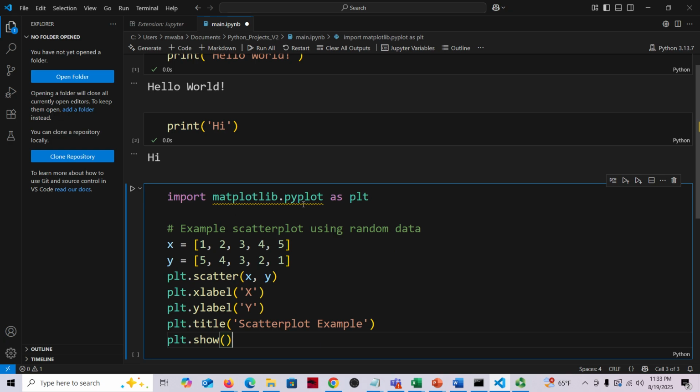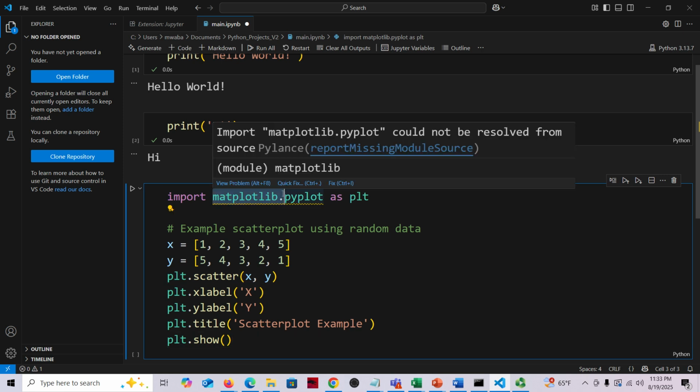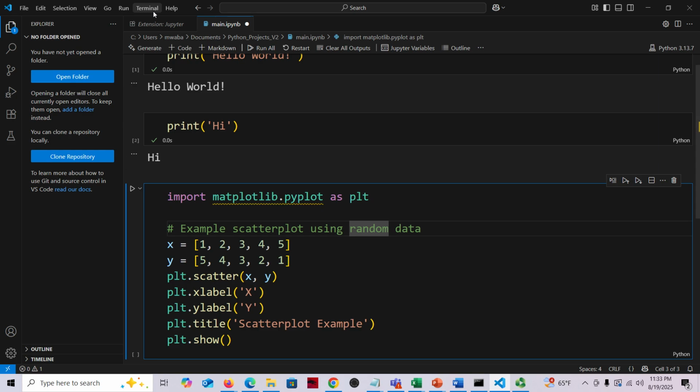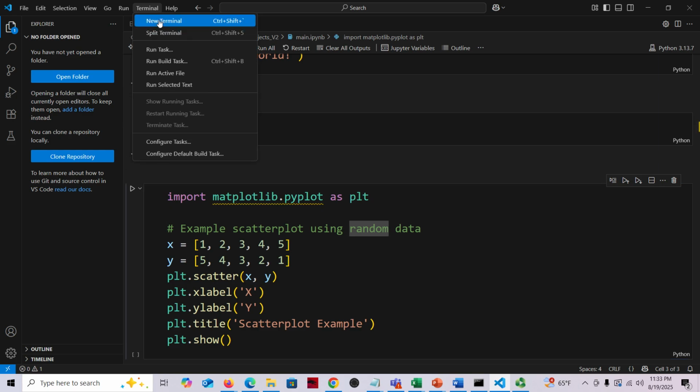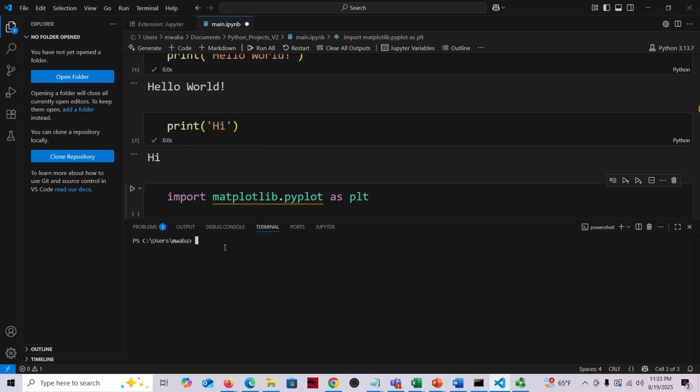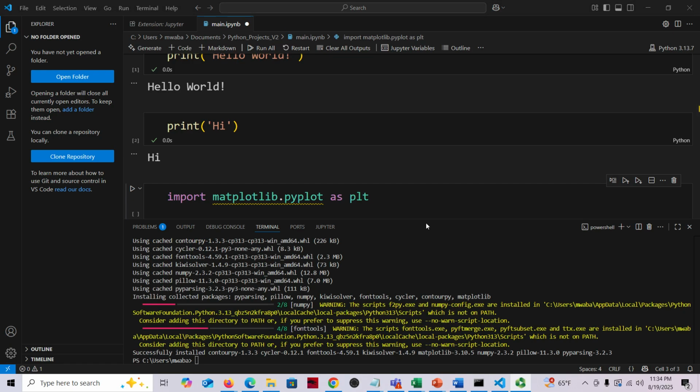And then as long as you have this library installed when you run this program, you should see some results. So I'll go ahead and install this package and then I'll have that running. So let's go here to new terminal and then I'll install the matplotlib package. So just type pip and then install and then matplotlib and hit enter. So now that the installation is complete, you can close the terminal